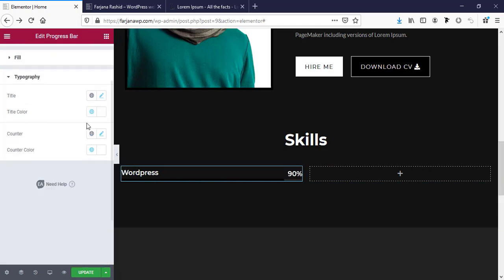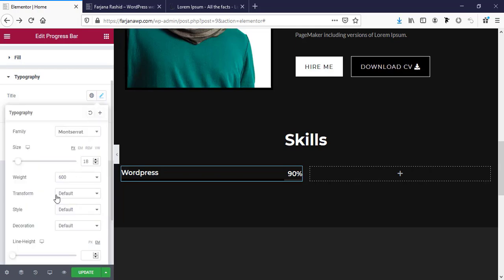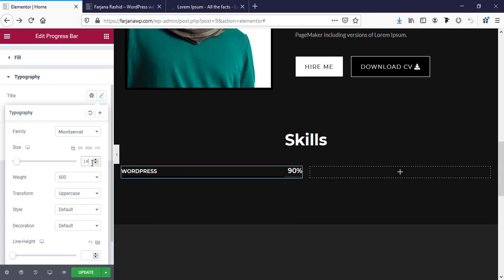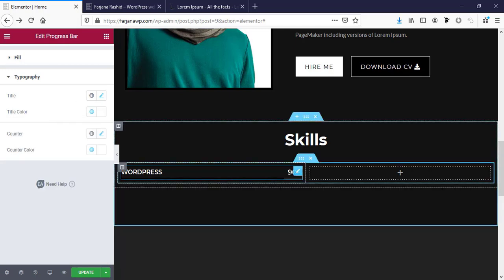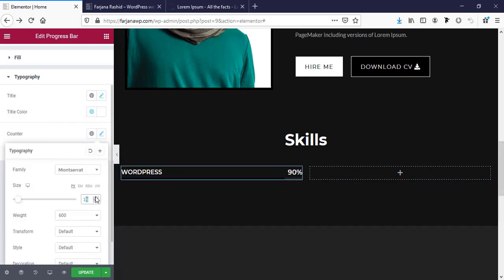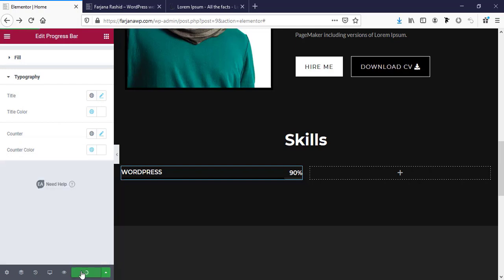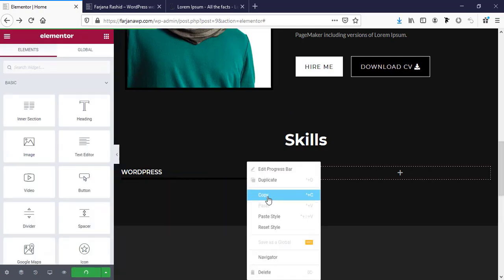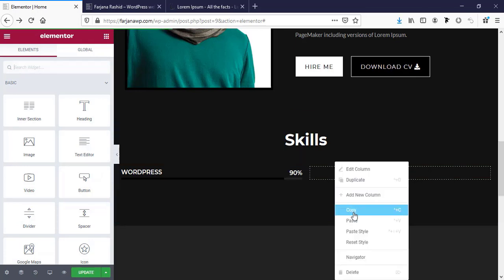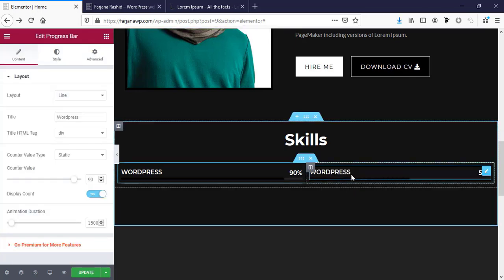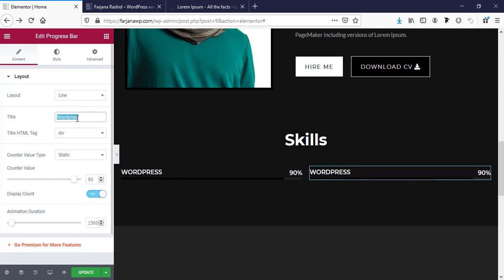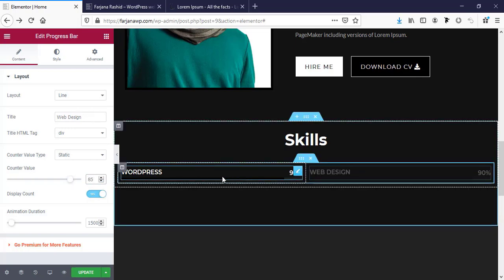And for this text, I think we can make the font family to uppercase, and we can make it to 14 pixel or 16 pixel. And also same for this one, we can make it to 16 pixel and save it. I'm going to just copy and paste it here, and changing the text to web design, and now changing the percent to 85, and similar way